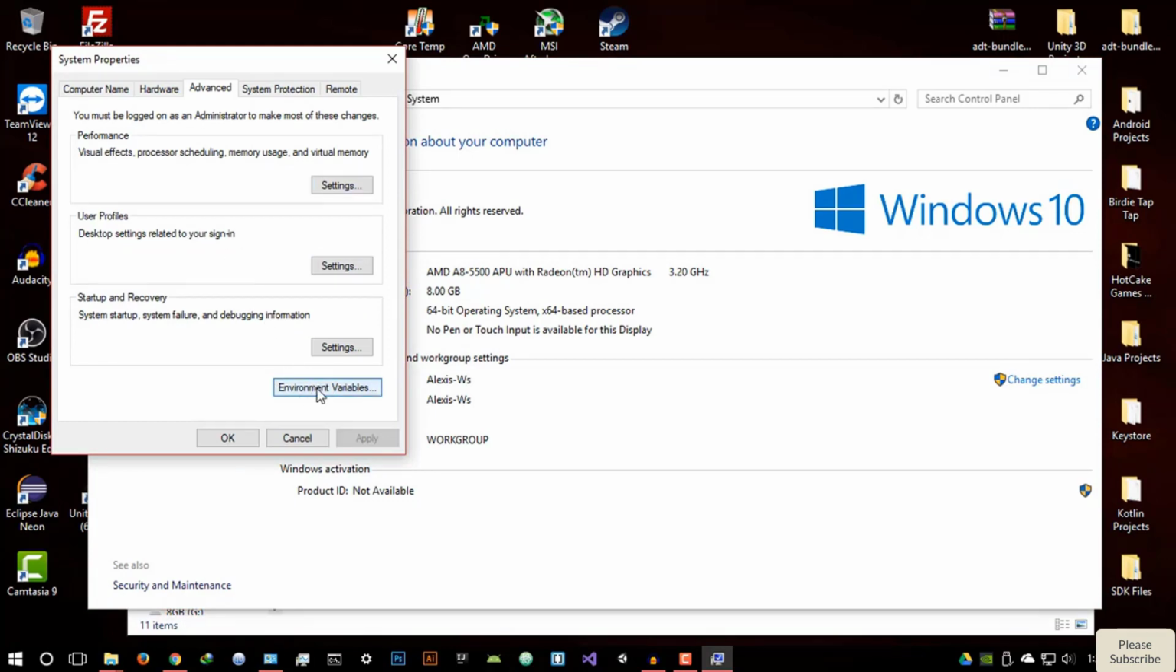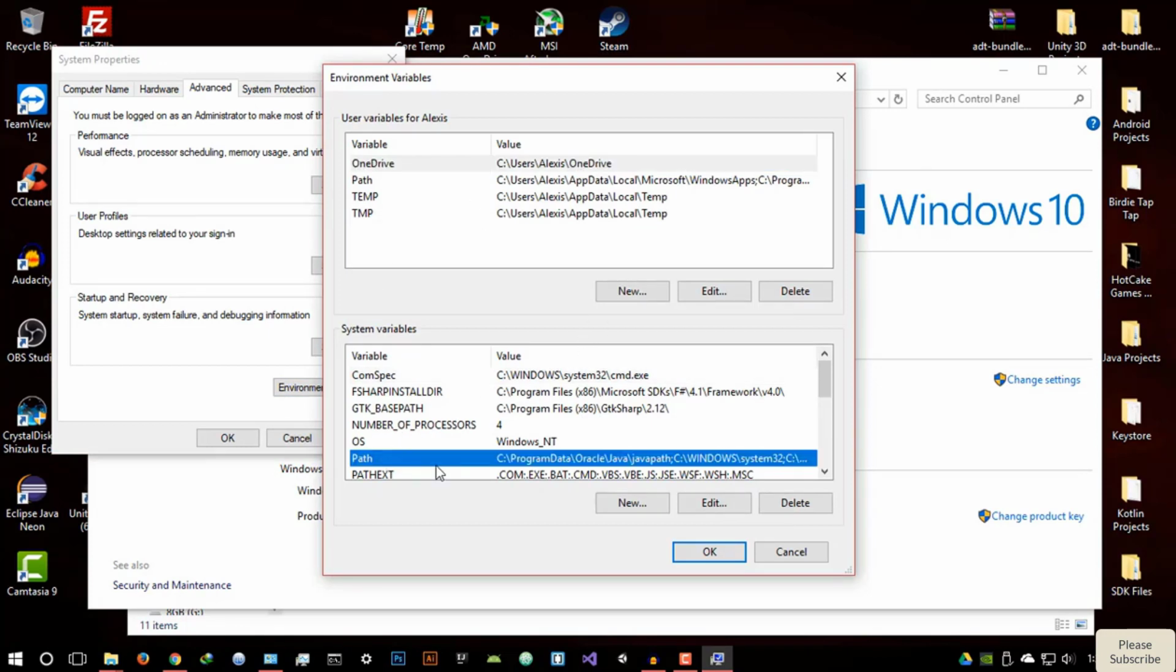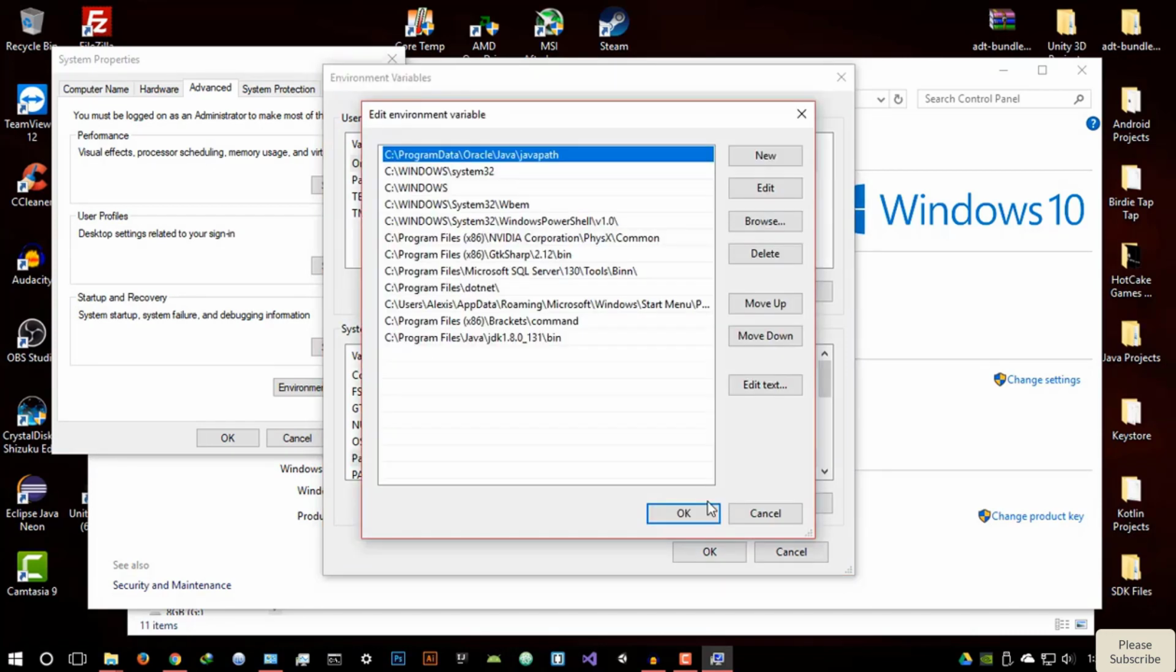So you want to open that, and you want to go into the path section right here. So this is basically under system variables. You want to go into the path section and just hit edit. All right. Now in the path section, you leave that open and you